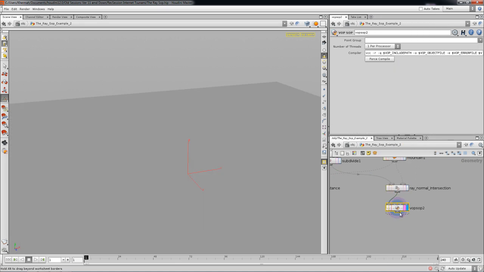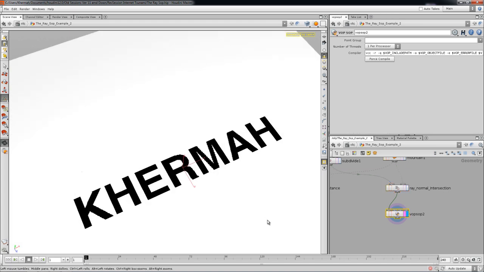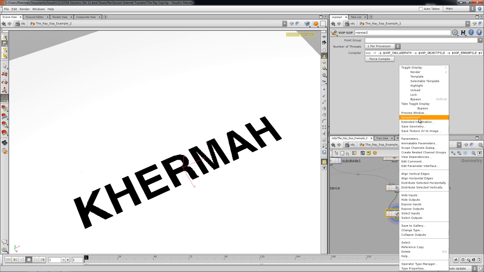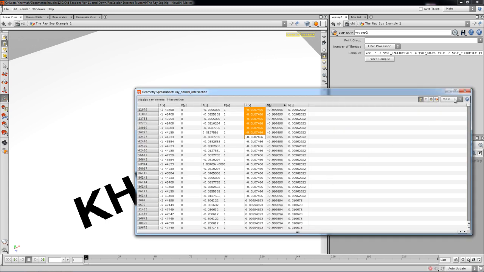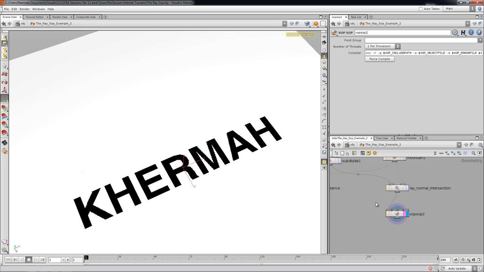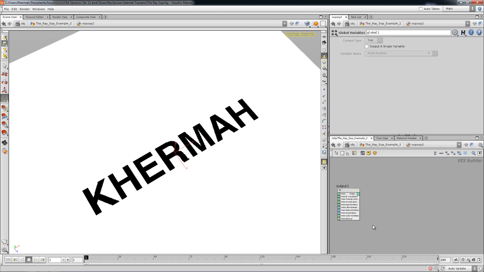But it ain't no different than the point intersection. All we're doing is just getting the values. So in our case, this one is actually point normal, and what this is going to do is shoot all the data down and give normal data for one. If you look at the spreadsheet, what we have is normal data, and it has a lot of data. So we can go ahead and dive into the VOPs up over here,